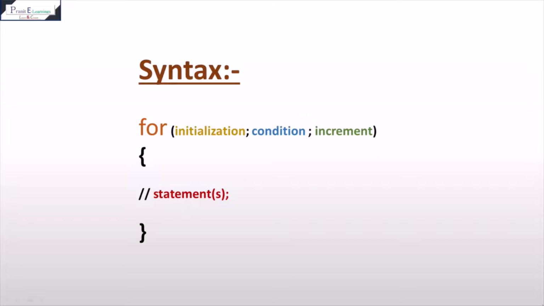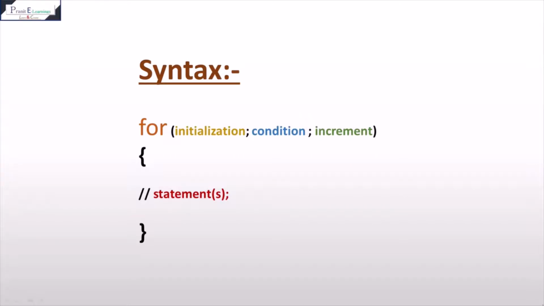Okay. Initialization means you have to declare the initial or start value, and this initial value will remain the same throughout the program. And what is condition? It is tested throughout the loop. If it is true, the statement block and the increment are executed, then again your condition is tested. The loop will not end until your condition becomes false. So whenever your condition becomes false, your loop will be terminated.